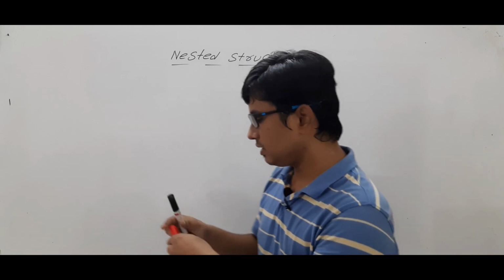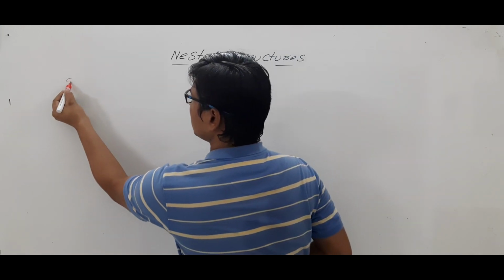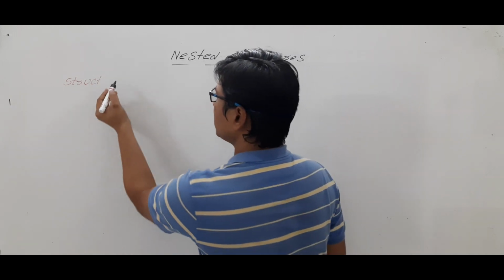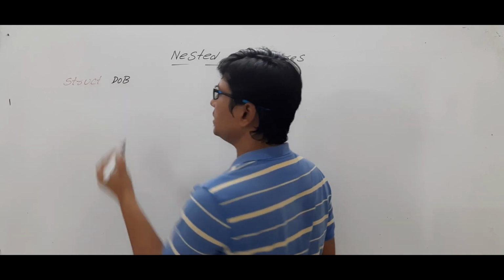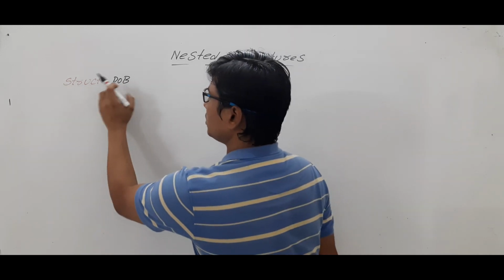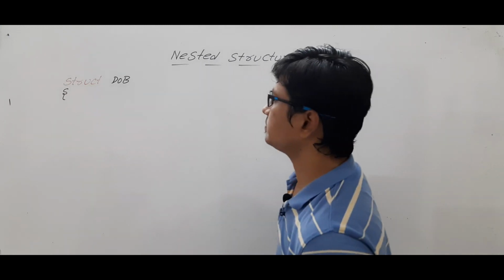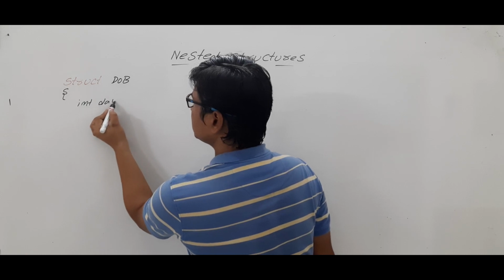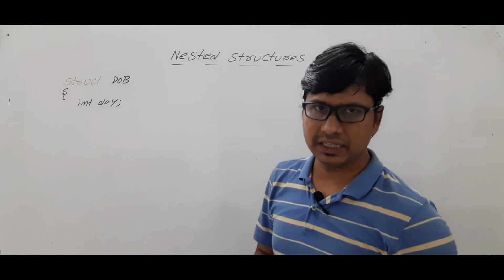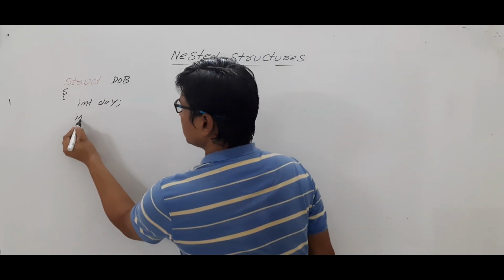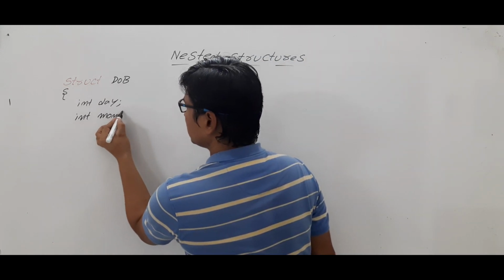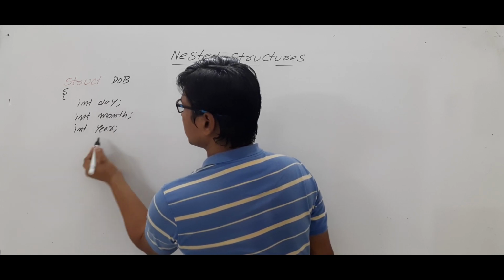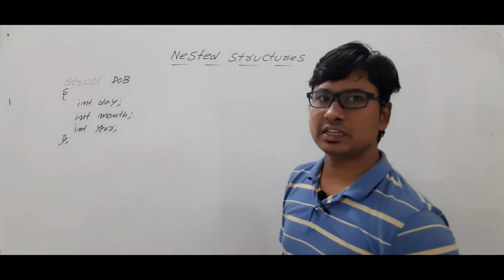Please watch it. Now I want to create a structure called date of birth. Okay, struct, I need to use it. So date of birth, let me write it as DOB. So I'm defining a structure called DOB. Then I'm mentioning his date of birth will have his date, month and year. So int date, int month, and then int year. Okay, are you able to understand it or not? So this is the structure definition called